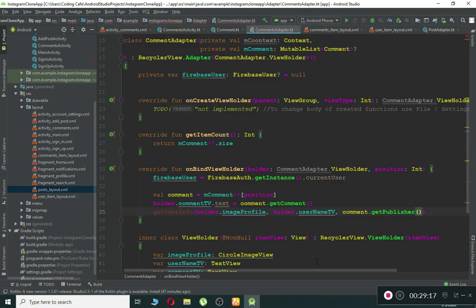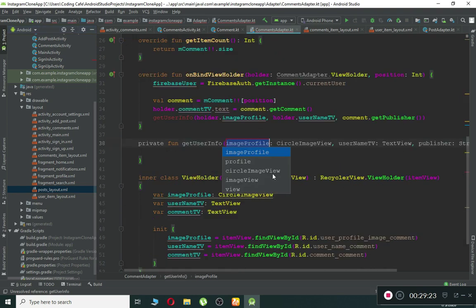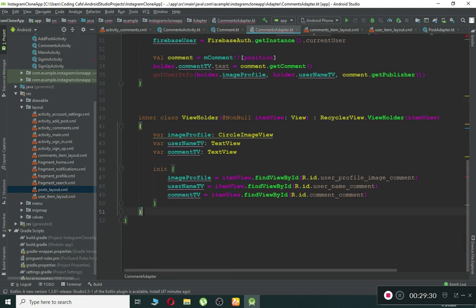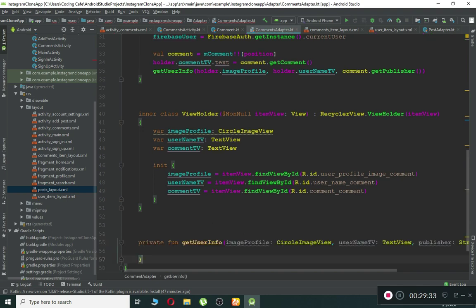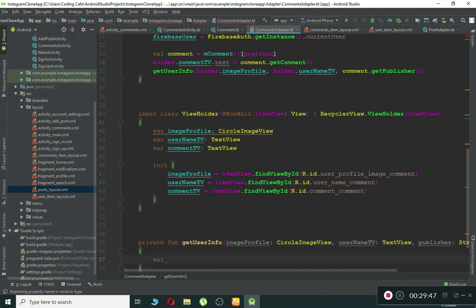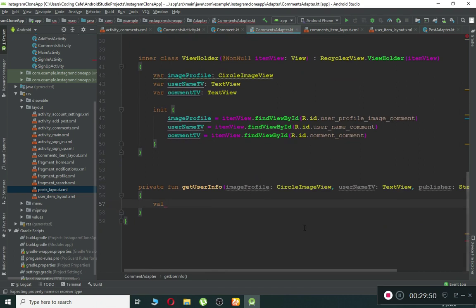Now let's quickly complete this. Create the function, and this is the function. Let's move it to the bottom, and in here we need to create a reference, and by using this publisher ID we will retrieve the user information of that specific person who has commented. So val userRef